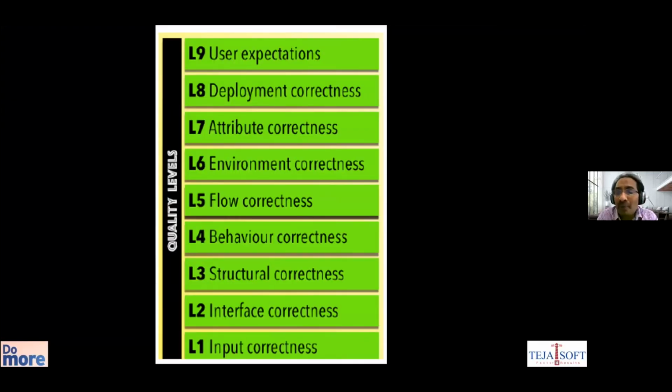So now how do you improve quality levels? Now you have so much of code base, right? You cannot say that I will do massive refactoring. Once we agree on the incremental level, you can always focus on every issue: what is its impact on the user expectation, deployment correctness, attribute correctness, environmental correctness. Can I make my development environment better? Can I make sure that method calls are changed properly? So behavioral, structural, I would say at least focus initially on structural correctness.